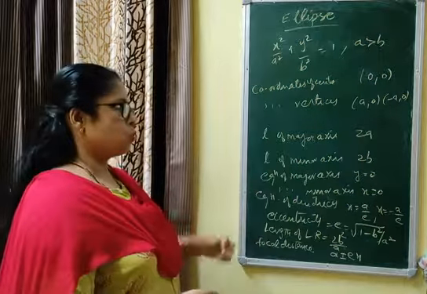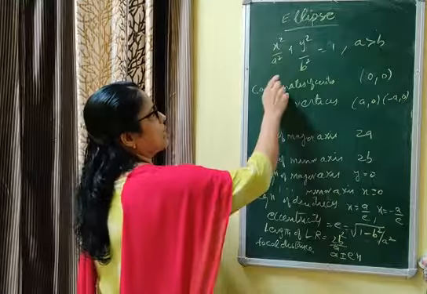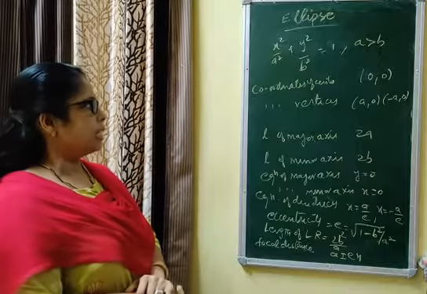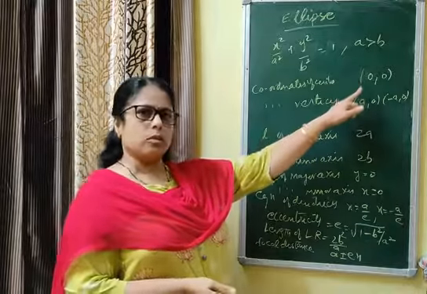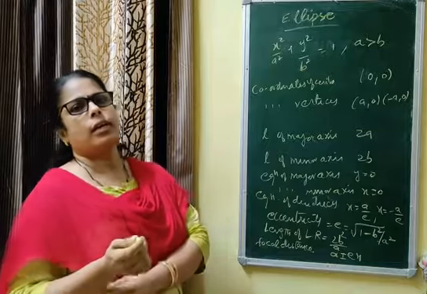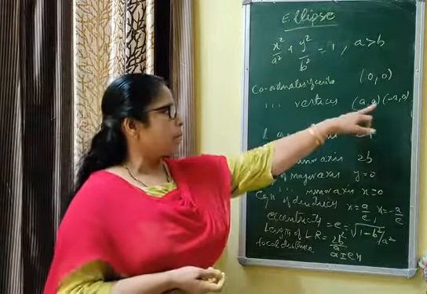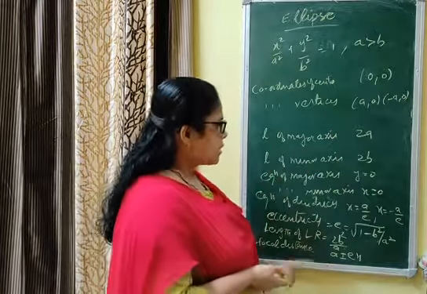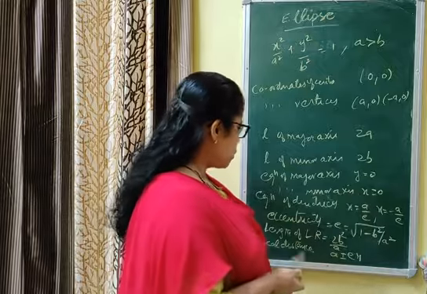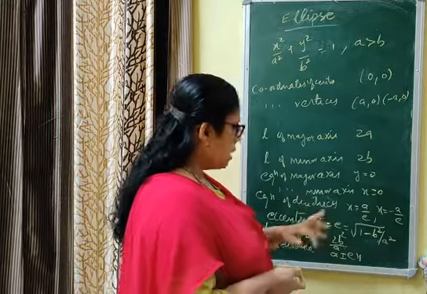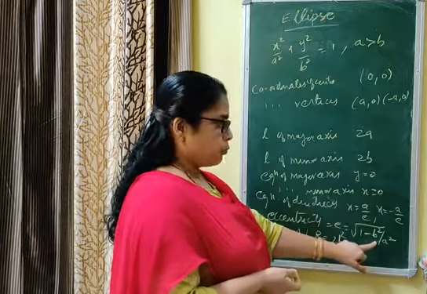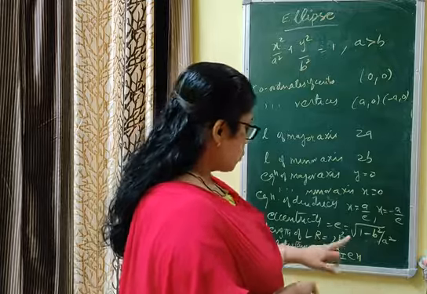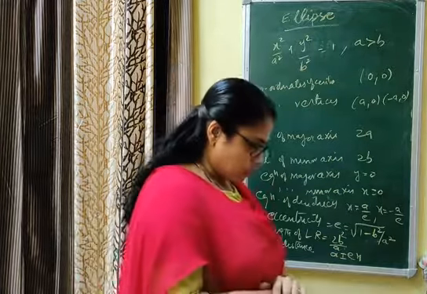These all parts you must know, that is in standard form x square by a square plus y square by b square equal to 1. First of all you have to identify which is greater. A is greater than b, then coordinate center is 0 0 until and unless we are not given its shifting origin. Vertex plus or minus a0, length of major axis 2a, minor axis 2b, equation of major axis y equal to 0, equation of minor axis x equal to 0, equation of directrices x equal to a by e, minus a by e, eccentricity, you should remember all these formula, root 1 minus b square by a square, length of latus rectum 2b square by a, focal distance a plus or minus ex.